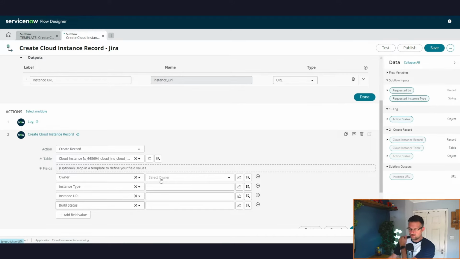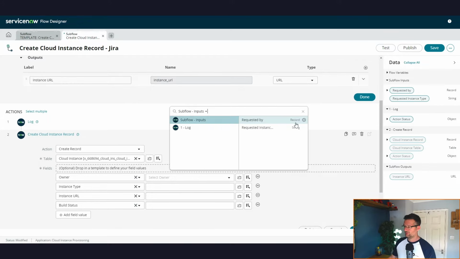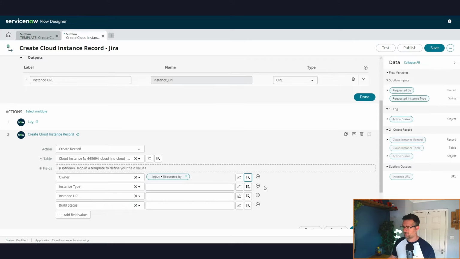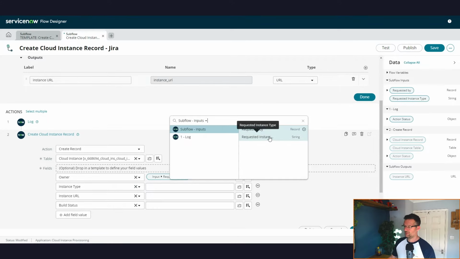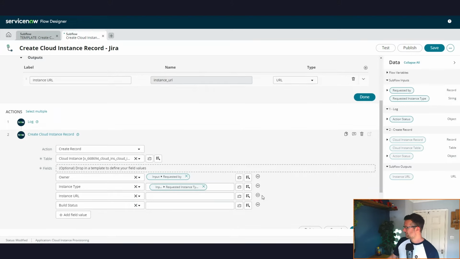Okay, and then we need to make these Subflow inputs. Requested by, so the owner is requested by. So let's use, I'm going to do it this way this time. Instance type. Here's the instance type. It's funny how people do things differently. Instance URL. We're going to enter my company. This is from the instructions, by the way, my company. Then select the data pill picker, the Subflow